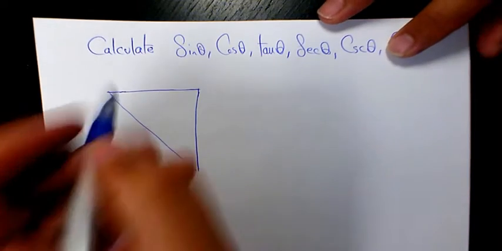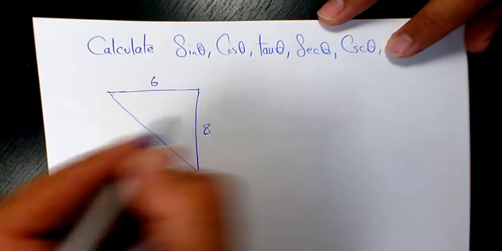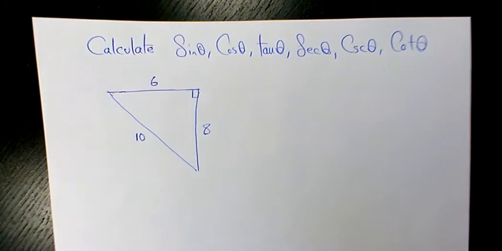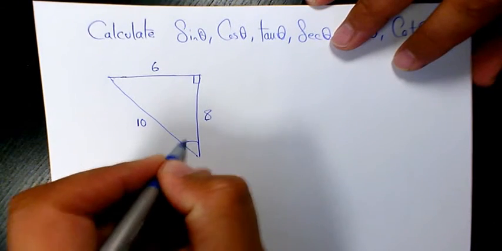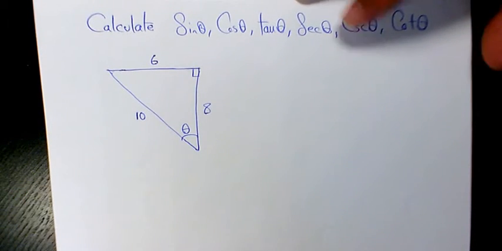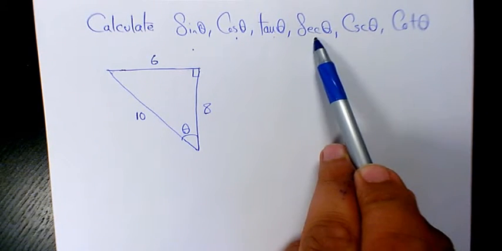and we have 6 here, 8 here, and this one, using Pythagorean theorem, you can find out the hypotenuse, which is going to be 10. So if this angle is theta, we are interested to find out sine theta, cosine theta, tan theta, secant, cosecant,